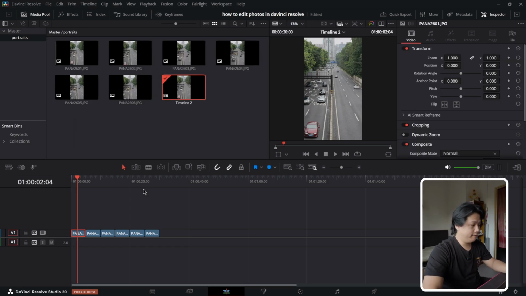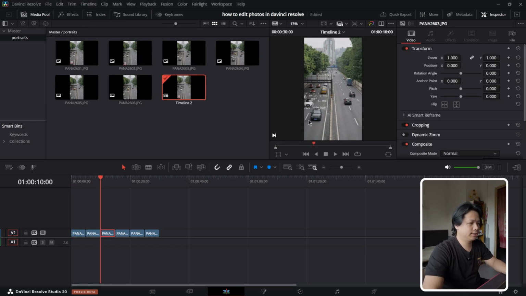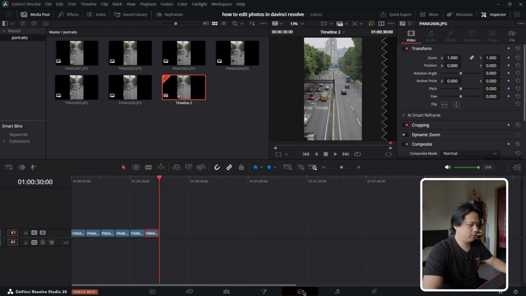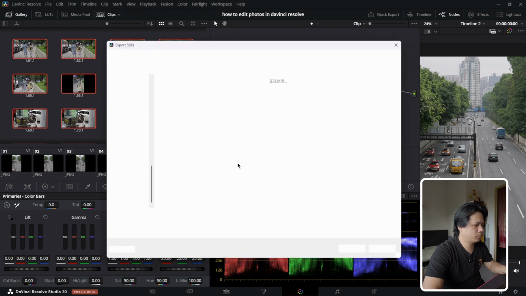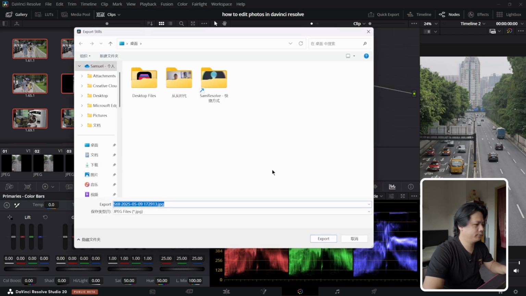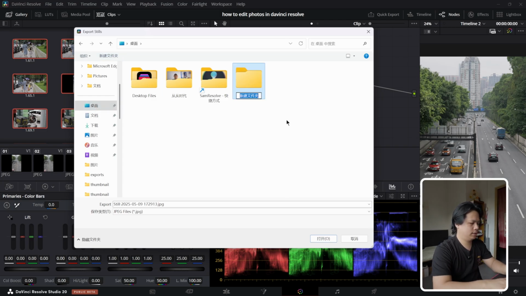So now that we have our vertical resolution timeline, we can go back to our color page and then repeat the export process. Right click, export. I'm gonna pick a spot where we want to export. So right now I just want to export it to my desktop. Let's create a new folder. Let's call it visiting wifey's